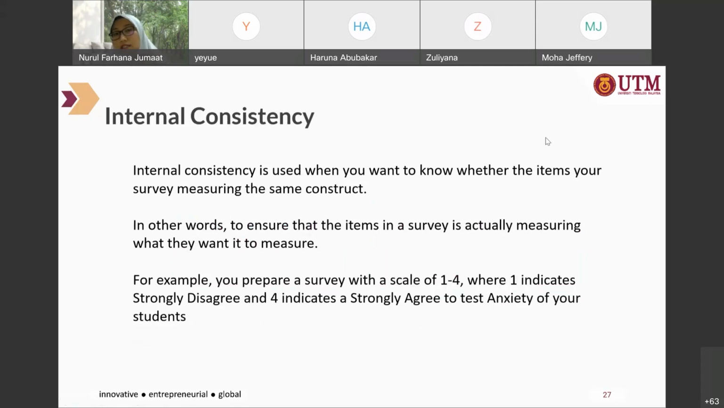In a questionnaire or in a survey, we have a few constructs, and in each construct, we have a few items. So internal consistency is when you test the items within the same construct. So to ensure that the items in the survey are actually measuring the things that they want to measure in the same construct. Okay, for example, you have this survey, you have this questionnaire with a scale of 1 to